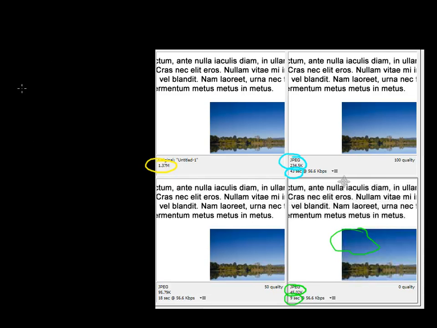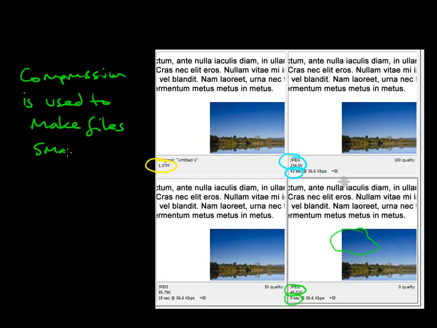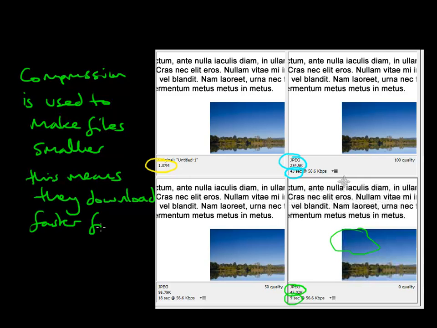So compression is used to make files smaller in their file size, and this means they download or upload faster from the internet. And this is the main reason why we compress files on the internet especially, is because that means that they will come down quicker. Obviously these days we have faster connections, it's not going to be taking 9 seconds, but